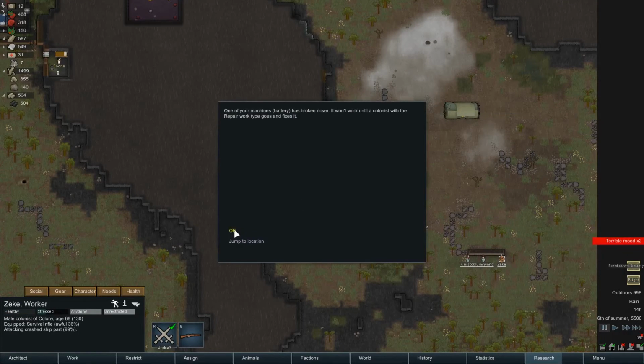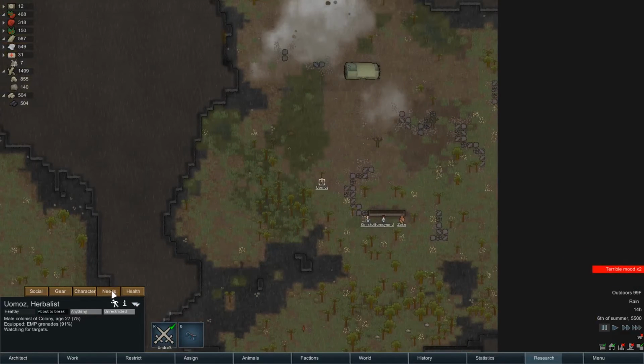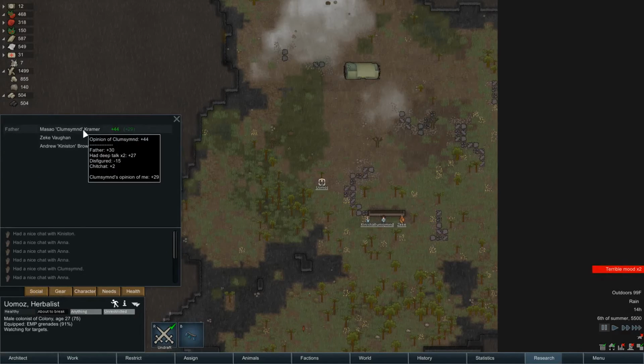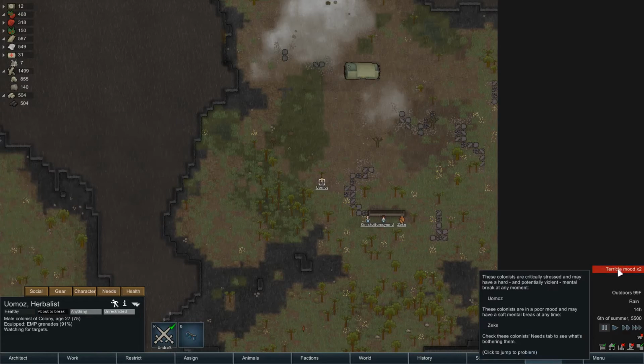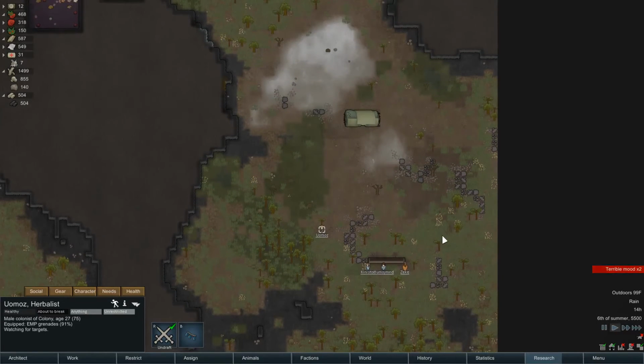Okay, we have a battery breakdown. Let's just go ahead and clear all these notes here. Terrible moods, Yumaz. If you break right now... Oh, your friend died. Such a wonderful person. The universe gets darker every day. That's going to be there for 1 whole season. So, of all the people who are still alive, you don't like Kinnison because he's disfigured. That's okay. I guess we're just going to have to go for this now and see if anybody can hit...